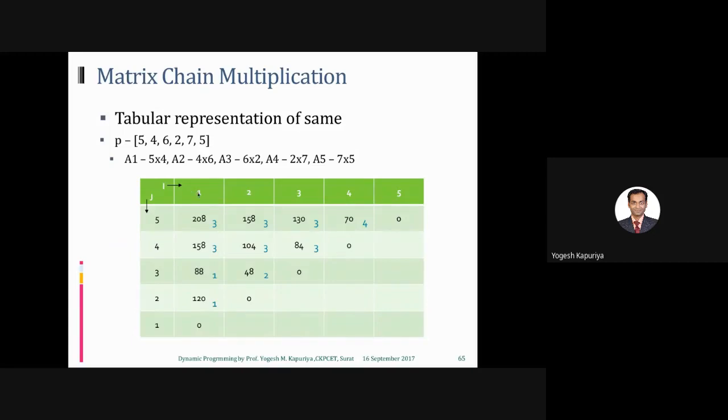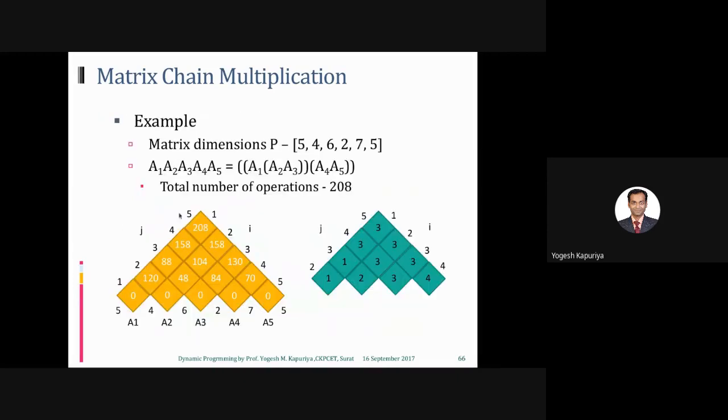This is the same table, but I cannot rotate this presentation, so you can just imagine that this is where we started. These are all 0. Then we computed this, then this, then this and this. Technically, we are interested in this first cell. Like in dynamic programming, we are always interested in the last cell. In this case, we are interested in this cell. Remember, this is I, which goes from 1 to 5, and this is J, which goes from 5 to 1. This is just for your understanding. You do not have to write it this way; you have to write it the way we discussed earlier. Right, so this is the resultant outcome.